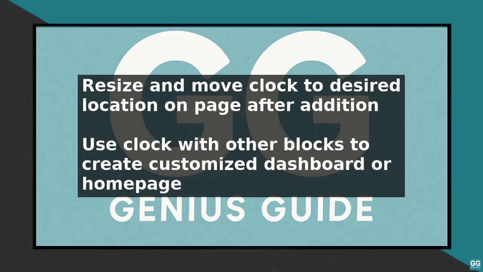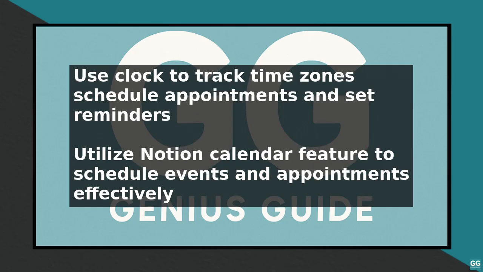In addition to using the clock template, you can also use Notion's calendar feature to schedule events and appointments. To do this, click on the calendar icon and then click on the plus sign to create a new event. From the Event Settings menu, you can choose the date and time of the event, as well as add a